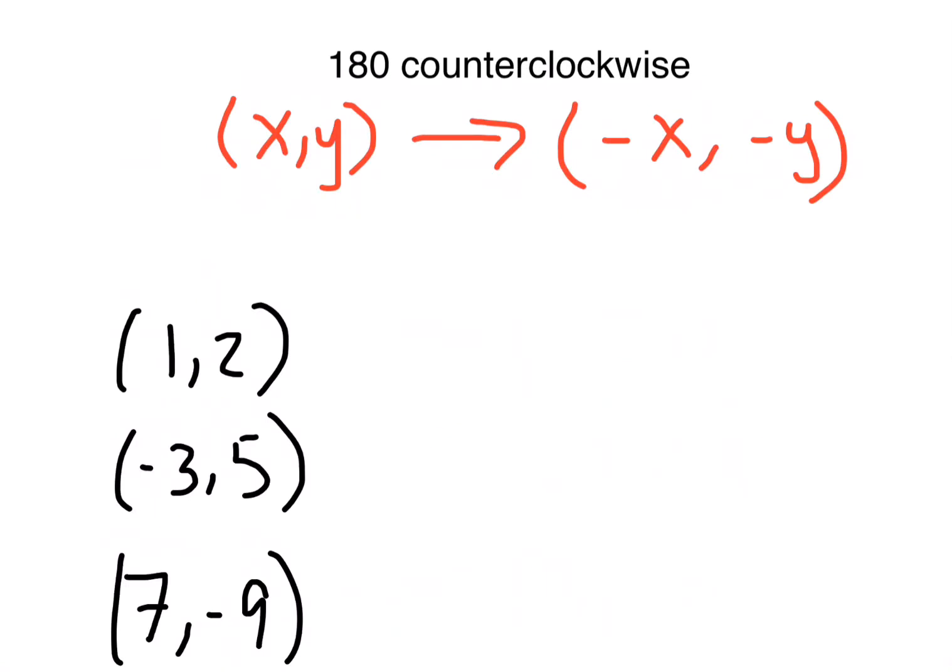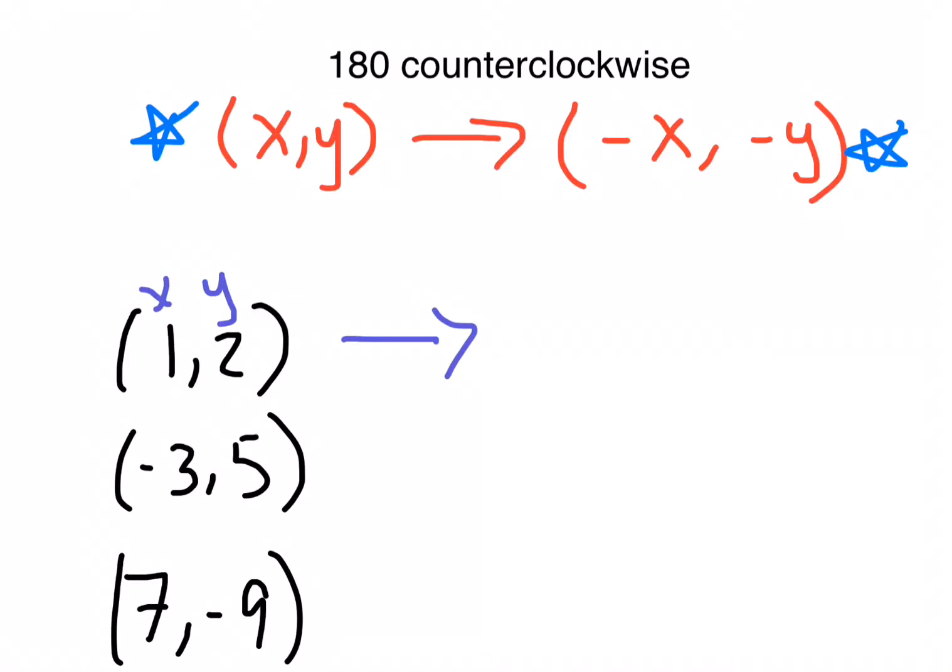Now, next example. They're wanting you to do a 180 counterclockwise, okay? Again, up here, I've written your rule. Here's your rule. Make sure you write these down so that they can help you with your assignments. Same point, we're going to do (1, 2). This is my x, this is my y. My rule is telling me that I need to do (negative x, negative y), so all I got to do